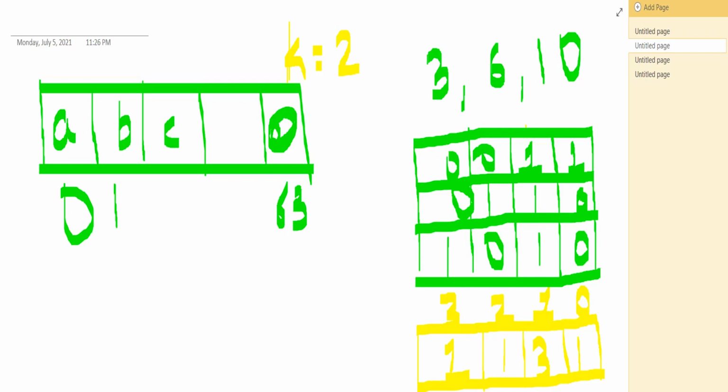Now to understand the question, let's take the example that is given in the question. We are given an array of size 3 and the numbers are 3, 6 and 10. Now the binary representations of all three of them are given right here. This is 3, this is 6, and this is 10. So what we need to do is convert all of them to 0.